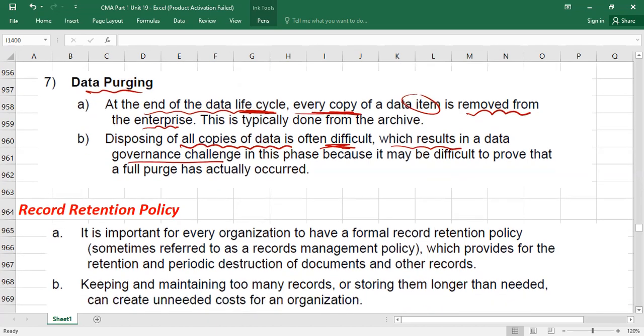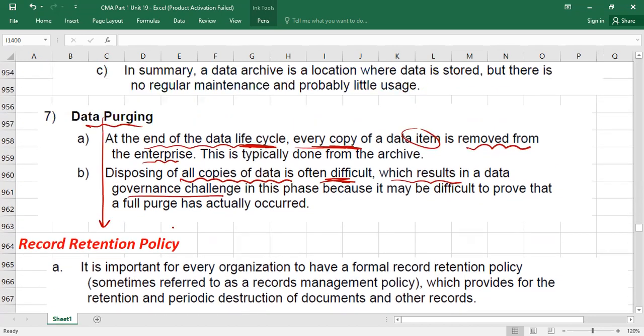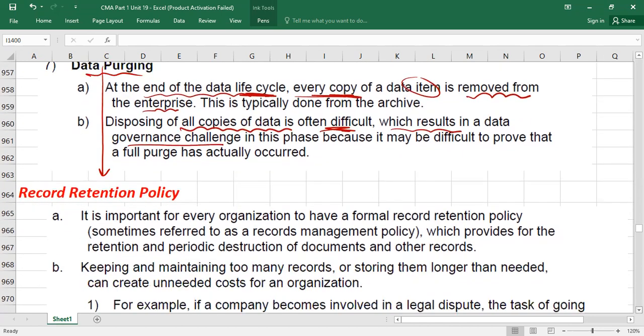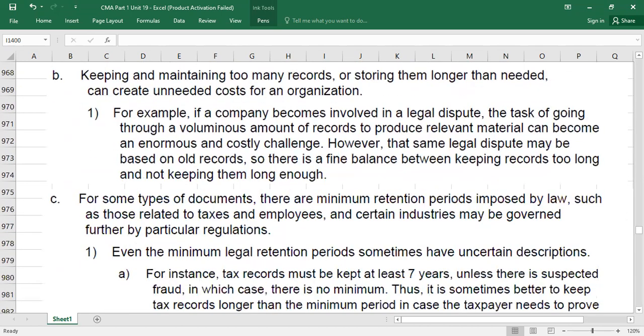Now, guys, with data purging, we can link one point. That is called record retention policy. As I told you, maybe universities might have a retention policy of how many years they have to keep this record. Okay, maybe for 50 years, 60 years. For example, for tax, let's assume in the USA, please remember this. If you are filing for tax, you are required to keep at least 7 years of data. For example, if you file any tax return this year, this data will be saved.